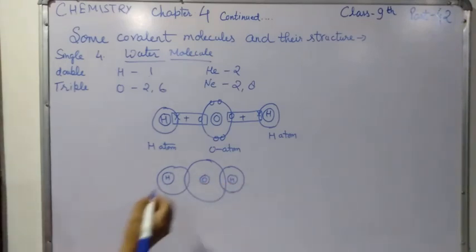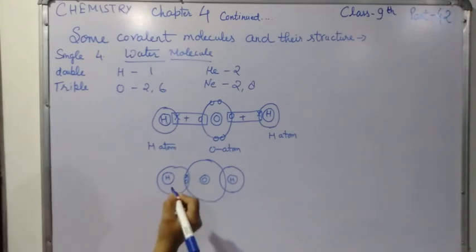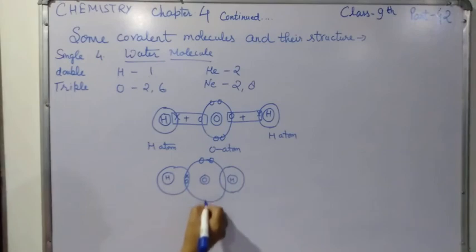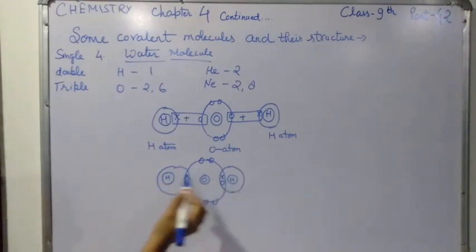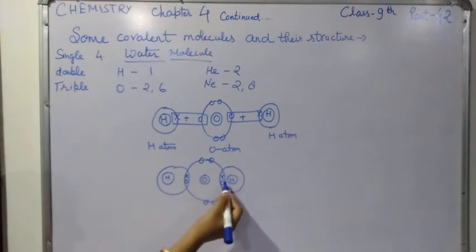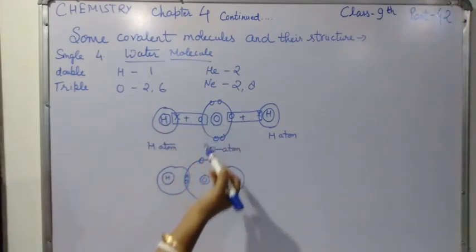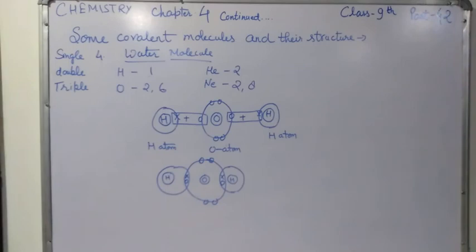Now one hydrogen electron, one oxygen electron shared. You can see the hydrogen atoms are completing their duplet, both of them, and this oxygen atom is completing its octet. You can count also 1, 2, 3, 4, 5, 6, 7, 8. So this is the structure before combination, and this one is after combination. Here also you can see they are making a single covalent bond; two single covalent bonds they are making.